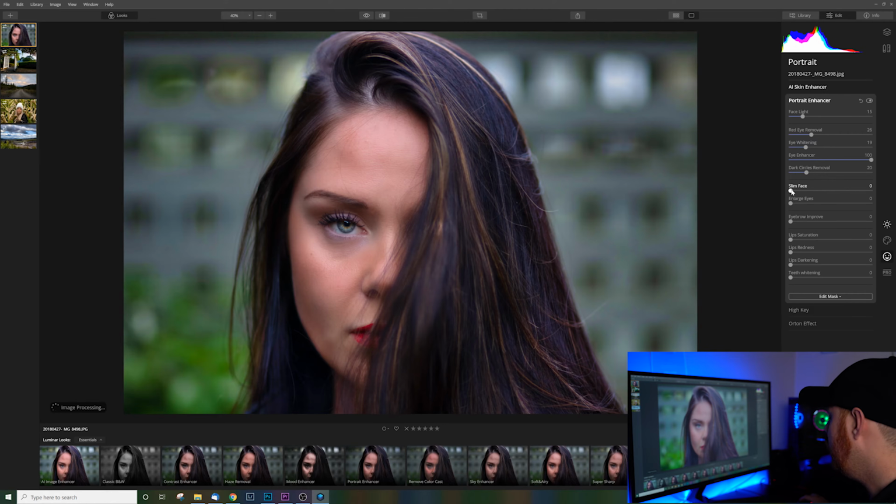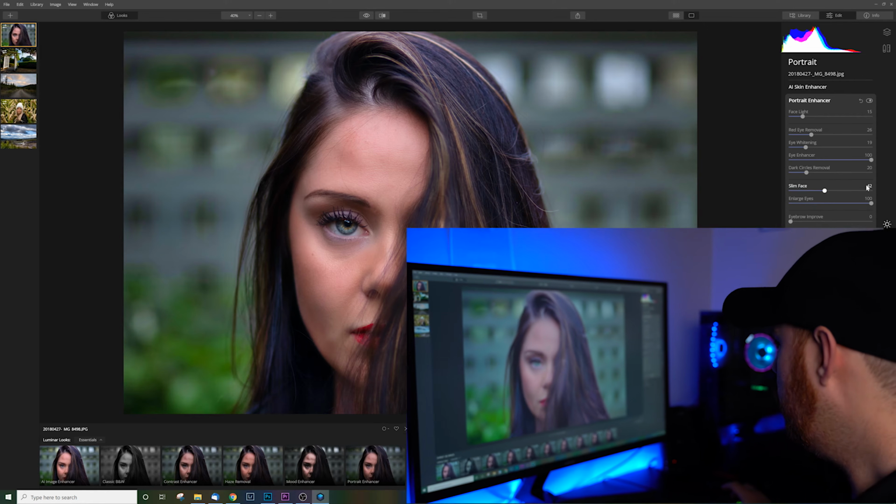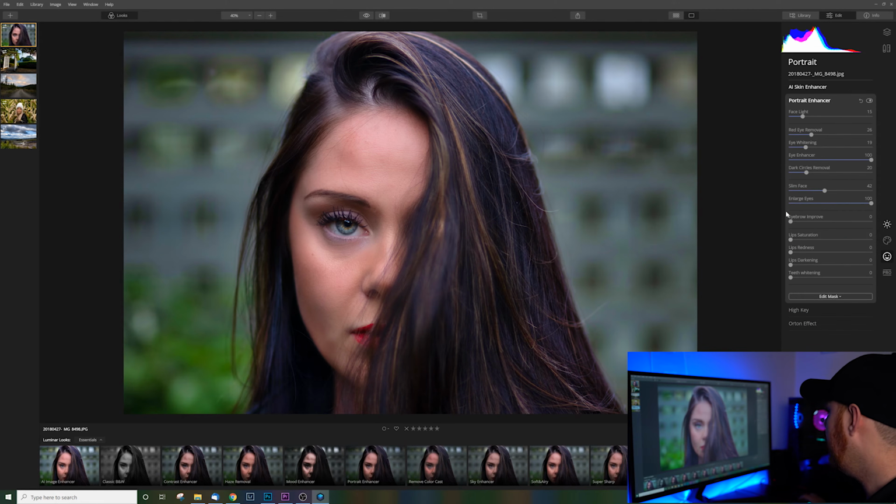We can slim the face with just a slider instead of going through and basically liquefying and distorting it. It actually does a pretty good job. We can also enlarge her eyes on the spot. And you don't want to go too overboard or it gets a little bit crazy. And like any image editor, I'd recommend not really going to 100% on anything. Try and keep it kind of in the middle, but really don't try and max it out on either side. So for me, although the subject is the eye in this picture, that's a bit big. So we're going to take that down a bit